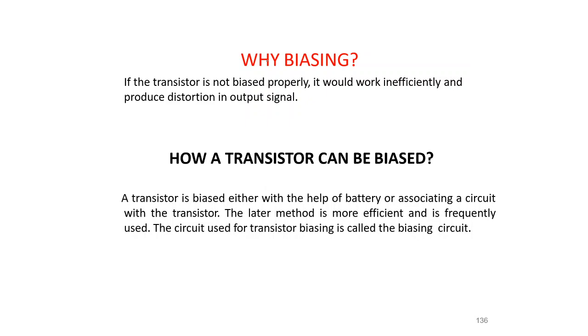Next, why should biasing be there? If you do not choose the biasing properly, then the signal is going to be clipped off, either in the DC or in the AC part. Here the signal peak value has been removed. In order to avoid these types of problems, we require biasing. So what is biasing? Biasing is nothing but properly choosing the battery and circuits, or the resistances.